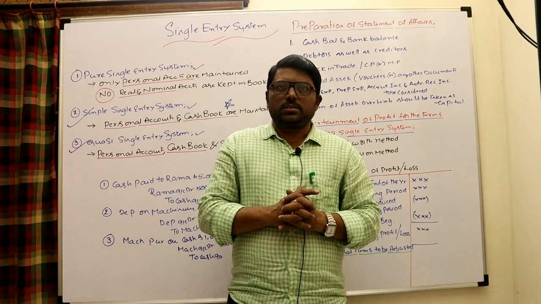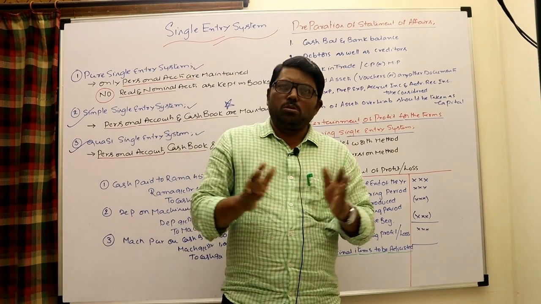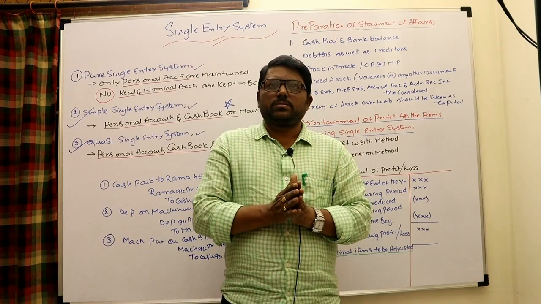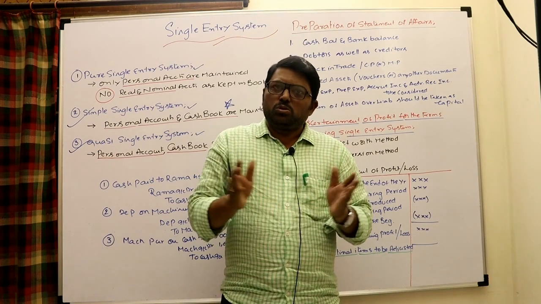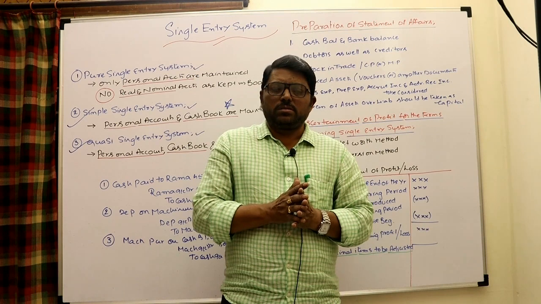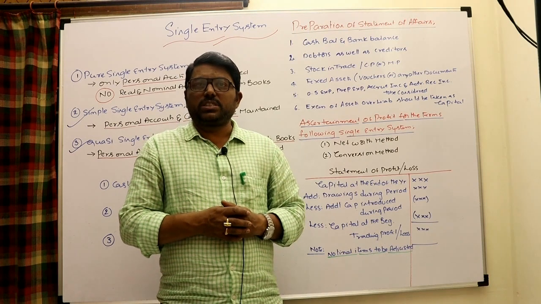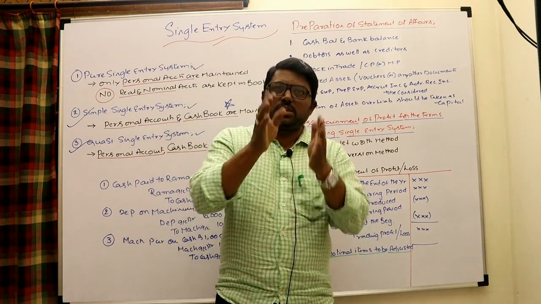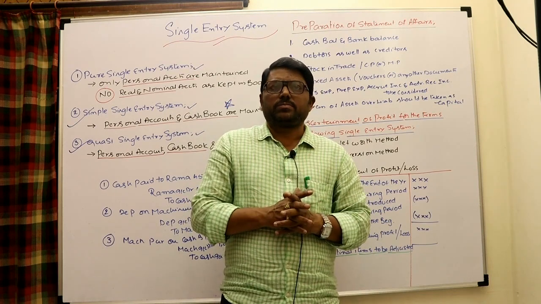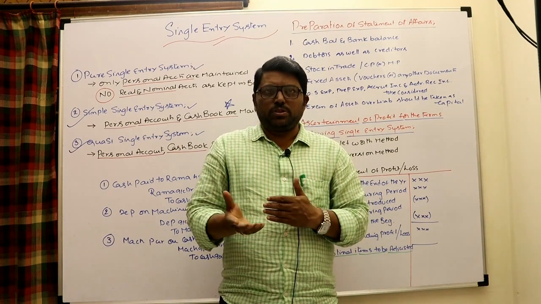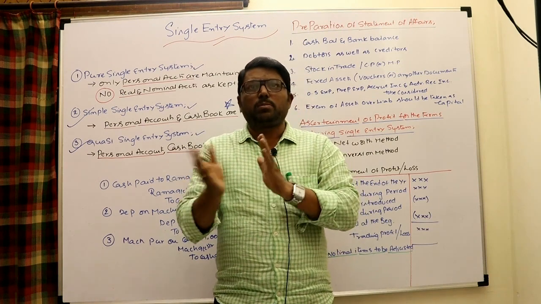In this particular single entry system, profit can be known in two ways. One is, throughout, their books are maintained in the single entry pattern and they would like to know the result only by the single entry pattern. Second one, throughout they maintain books in the single entry pattern, and at the end they want to convert single entry into double entry. I repeat once again. Throughout the year they maintain the books under single entry pattern. At the end of the year also they want to know the result only by the single entry pattern. Second method, the conversion method, as we call it: throughout they maintain the books under single entry, and at the end they want to convert single entry into double entry.